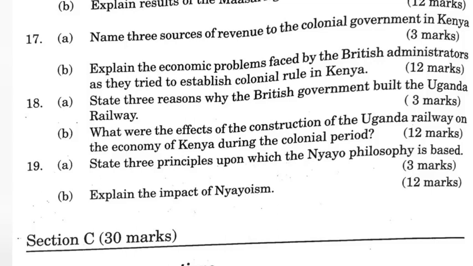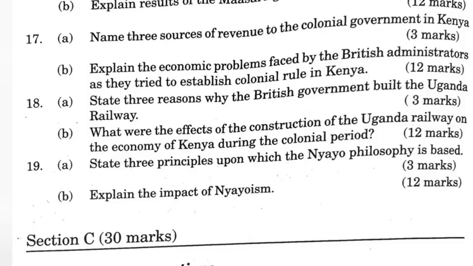2. During construction, Indians were brought in to help. After the completion of the line, they stayed on and engaged in commercial activities. For example, they set up shops along the line to supply the needs of the Europeans and other Indians. Later, they spread all over the country and introduced the first modern currency, the rupee.